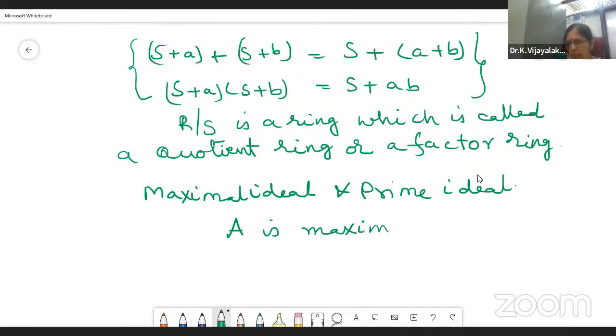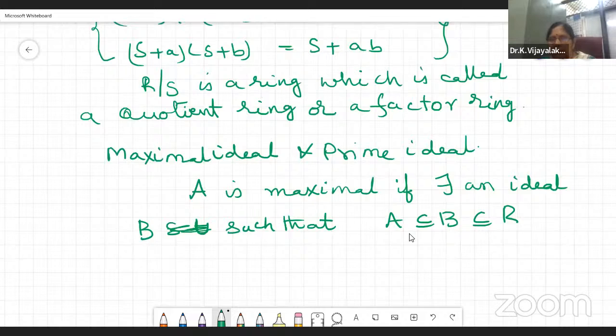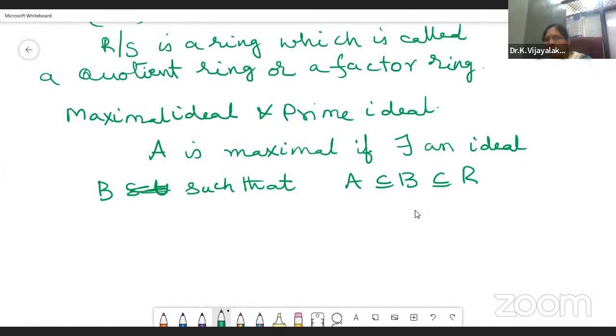An ideal A is maximal if there exists no ideal B such that A is a subset of B is a subset of R. That means there is no ideal between A and R. We say that A is a maximal ideal. An ideal A is said to be a maximal ideal